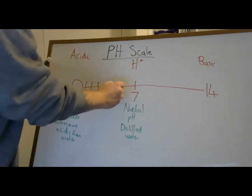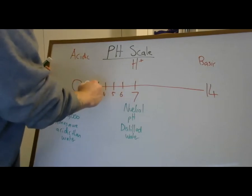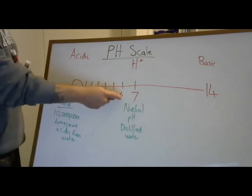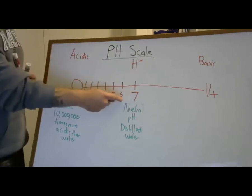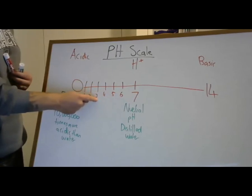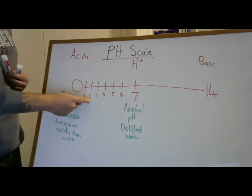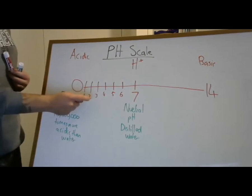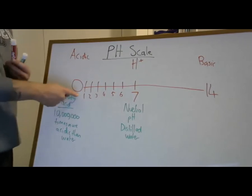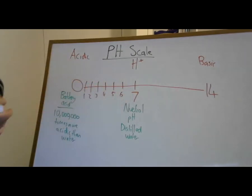So 6, 5, 4. So, 10 times more acidic than 7, 100 times, 1,000 times, 10,000 times, 100,000 times, 1,000,000 times, and 10 million times more acidic than pure water. And we can go